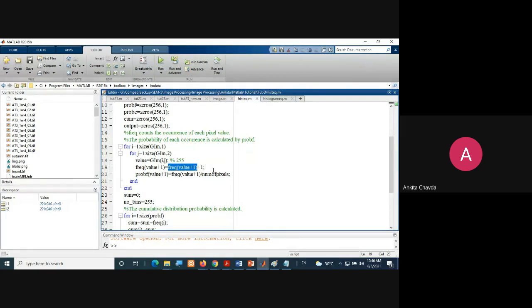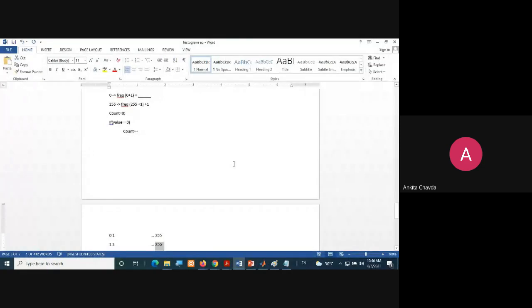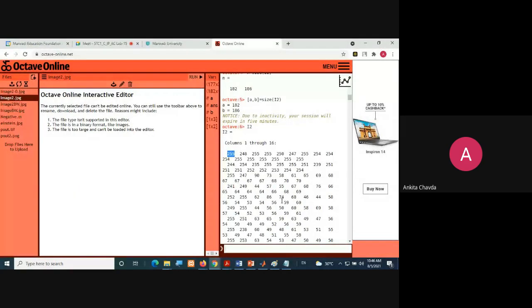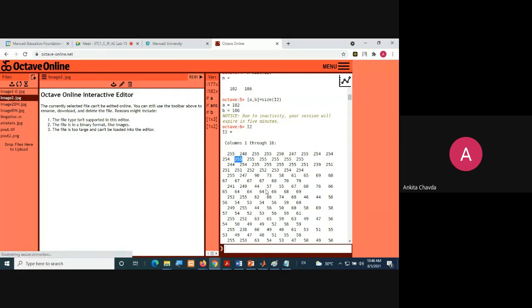Now the next time they find 255, somewhere here or anywhere, it will take your previous count. It was 1, now they are incrementing by 1. So every time it will do count plus plus.